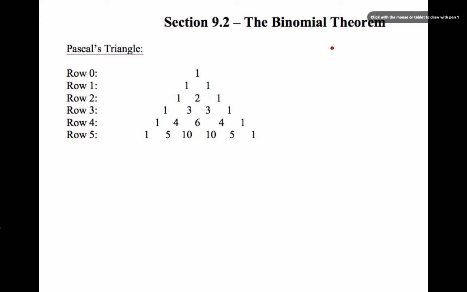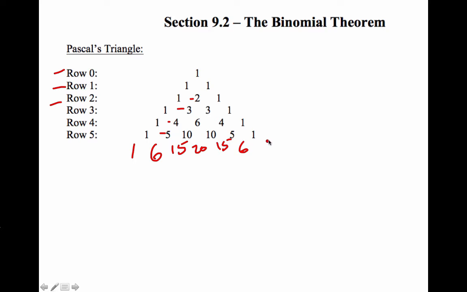We have row values over here, row 0, row 1, row 2. This is row 1, and then you've got the 2 and the 3 and the 4 and the 5. For your row values, you would continue this out: 1, 6, 15, 20, 15, 6, 1, then 1, 7, 21, 35, 35, 21, 7, 1,